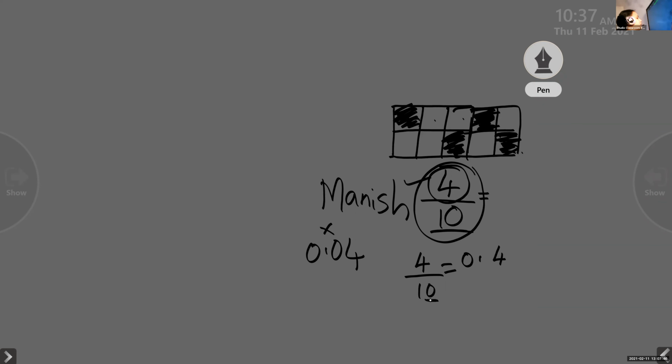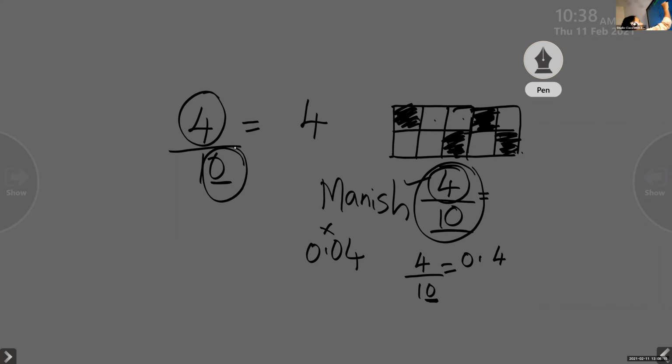Now children, all of you look here. Look at the number of zeros in the question, in this denominator, 1, 0. So 4 by 10, children, I am explaining again, please listen carefully. Here we have 1, 0. So how to write the decimal form? We will write the numerator 4. Now look at how many 0s here, only 1. So we will move from the right side 1 digit and put the decimal point there. So we simply write 0.4.